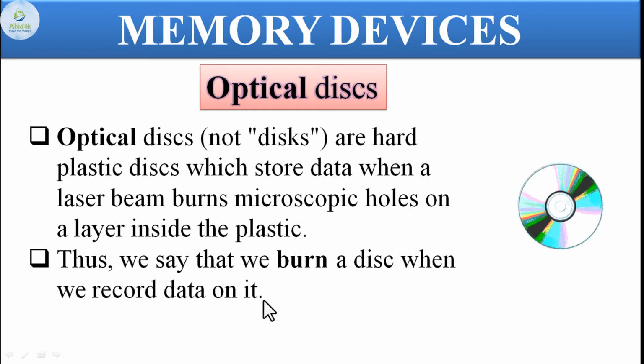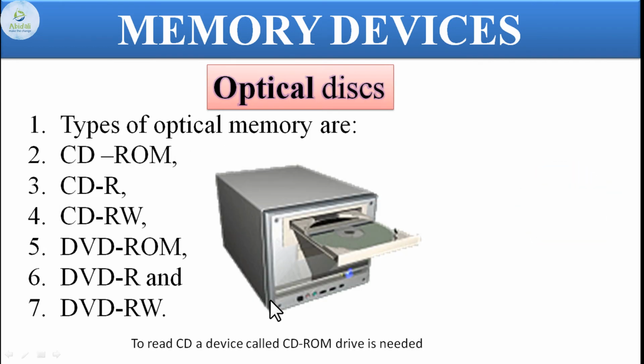So what do we call it when we write the information? When we write the information onto CDs or DVDs or any optical storage devices, we say we have burned the data or recorded the data. Okay. There are different types of optical memory, which consist of CD-ROM. ROM means a device which is used to read the information. That's like a device which holds the CD, as shown in the diagram. CD-R writable, CD-RW rewritable, DVD-ROM, DVD writable, DVD rewritable, all of these.